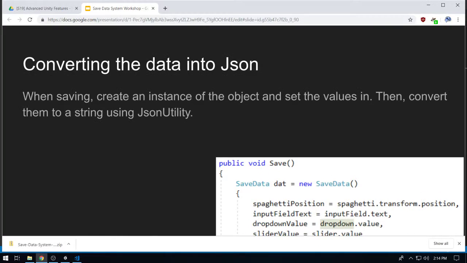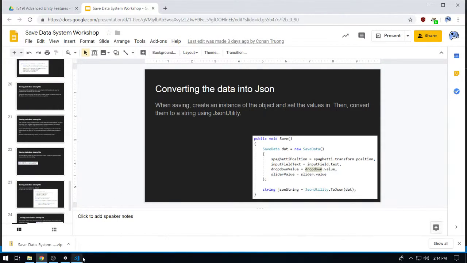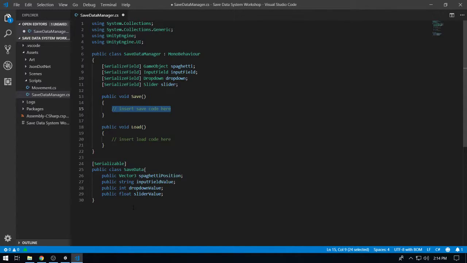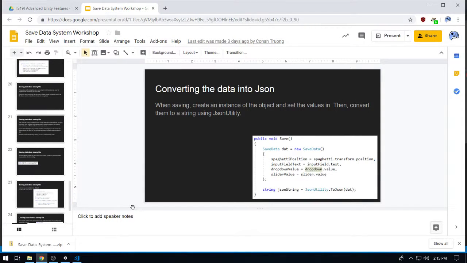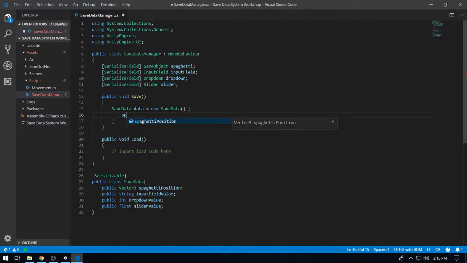Okay. So next we're going to create the object and then convert it into a JSON string. So you just set each field as the value from each of the objects that we have above. So like